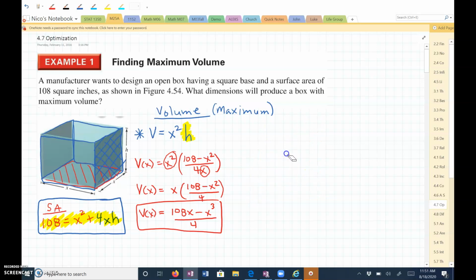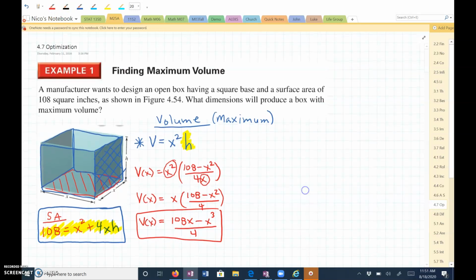So the first thing I'm going to do, I'm going to find the critical numbers, because the relative min or max is going to happen at the critical numbers. So I'm going to take the derivative of this function,